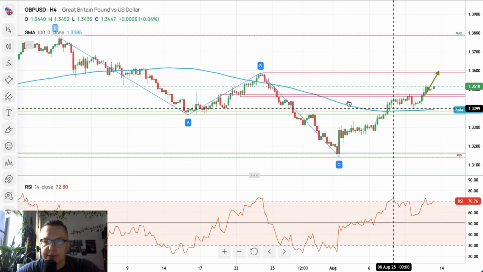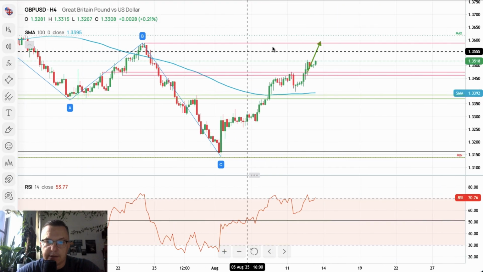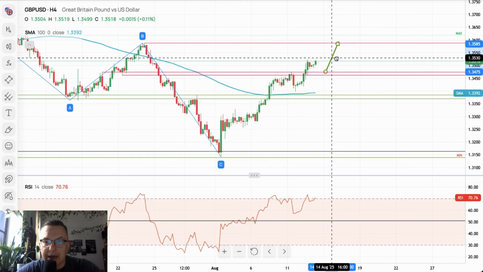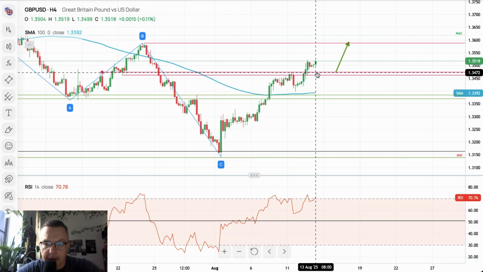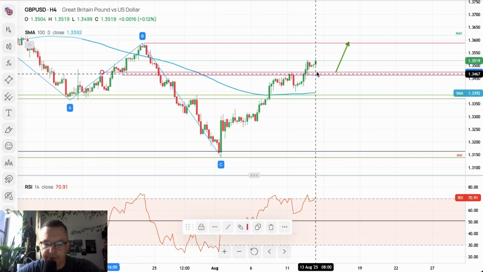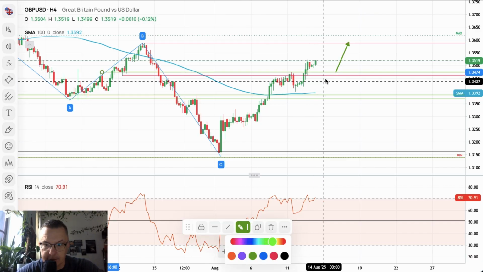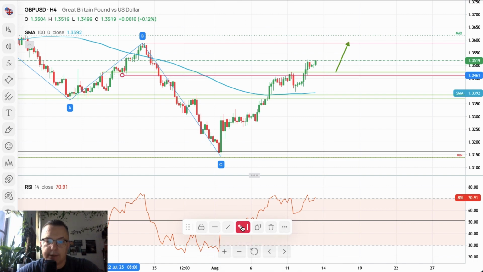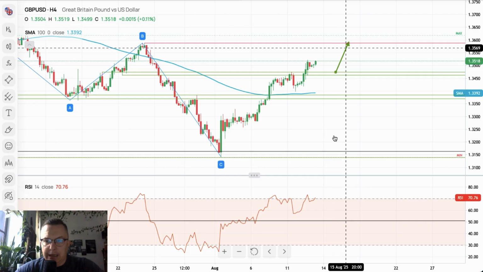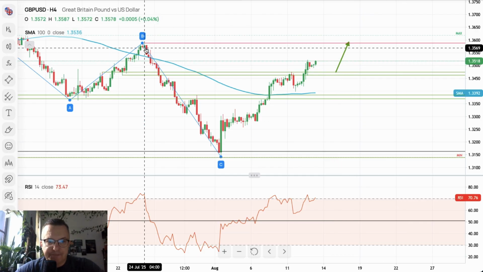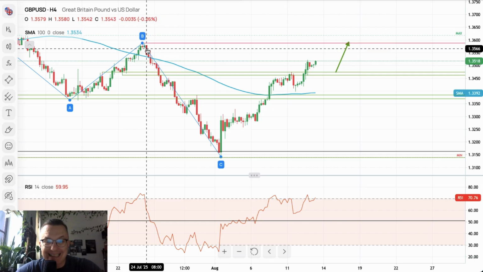The British pound, after the data, is continuing its way. The next target is wave B high at 1.3587. After the successful breakout above the technical resistance that is now support, 1.3474, that's the support, and the other support is 1.3464. Those are the support levels. Next target is 1.3584, wave B high, and basically this is it.